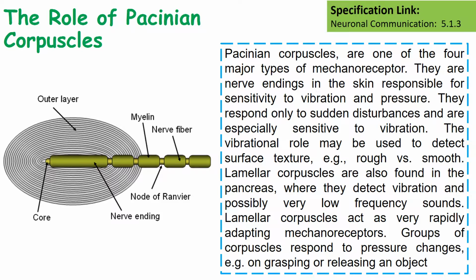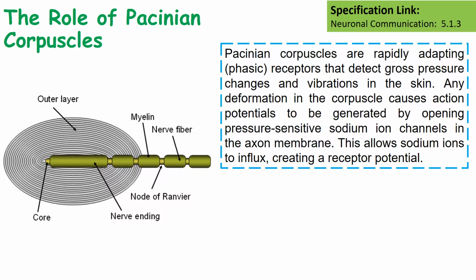Lamellar corpuscles act as very rapidly adapting mechanoreceptors. Groups of corpuscles respond to pressure changes, for instance, grasping or releasing an object. The Pacinian corpuscles are rapidly adapting receptors that detect gross pressure changes, meaning total pressure changes, and vibrations in the